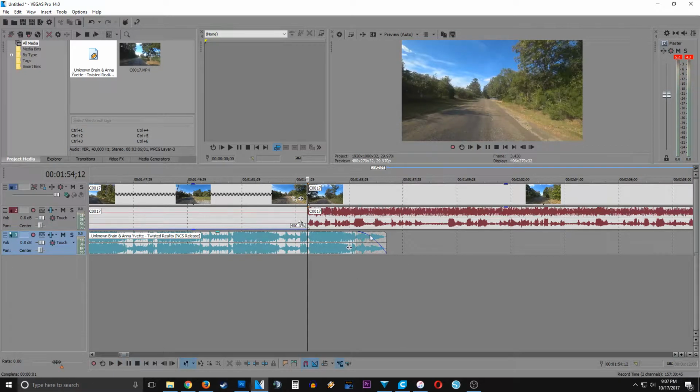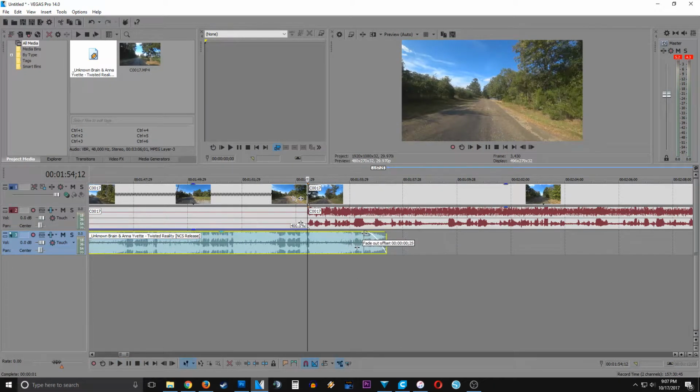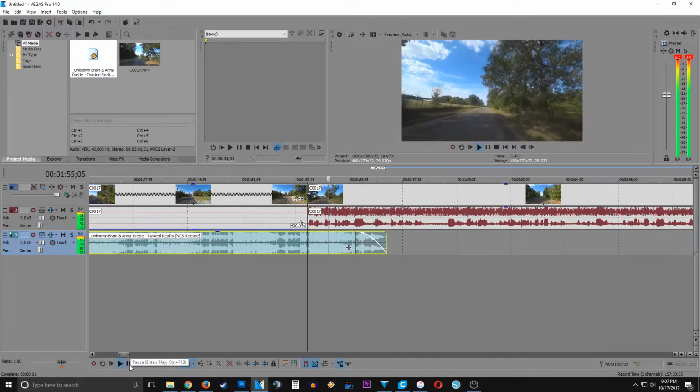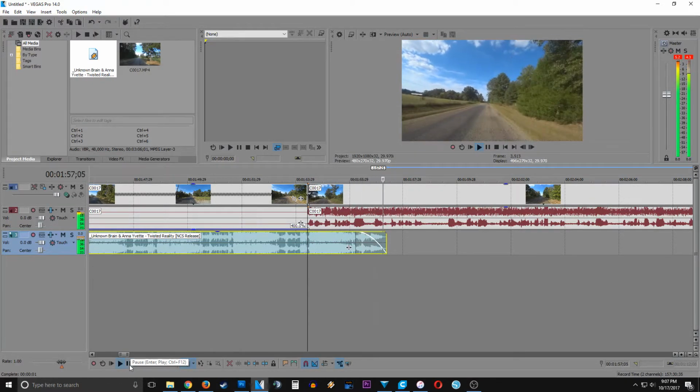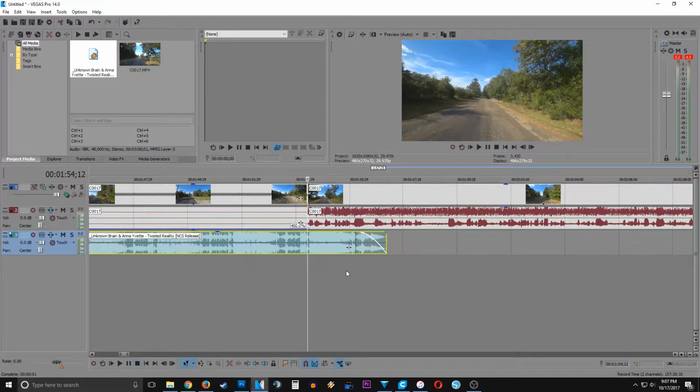Alright, so this little blue line I just added, all I did was go to the little corner here until that little icon pops up, and I left click and drag. And I drag it to this line here because that looks like about where it needs to fade from anyway. And then I just give it a little test run. Okay, yeah, that's about right, but it's not perfect,